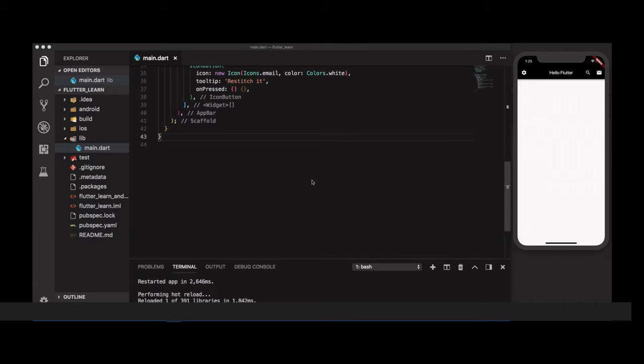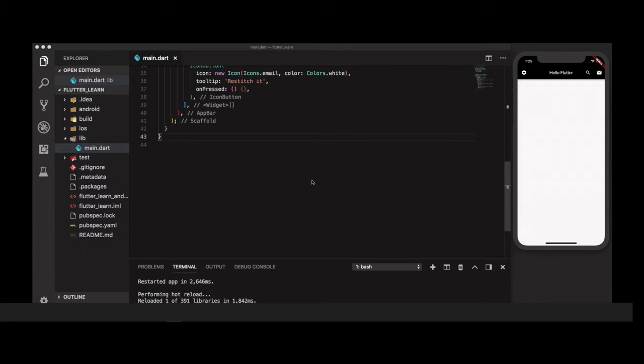Hello friends, we will see the concept of a row and column widget. In a previous video, we saw that a container contains one child, and that child widget can contain a nested widget. There are certain widgets that allow multiple children to be added within them. For these, we focus on two of them, row and column, and we will see how they can be used to arrange a number of widgets within them.